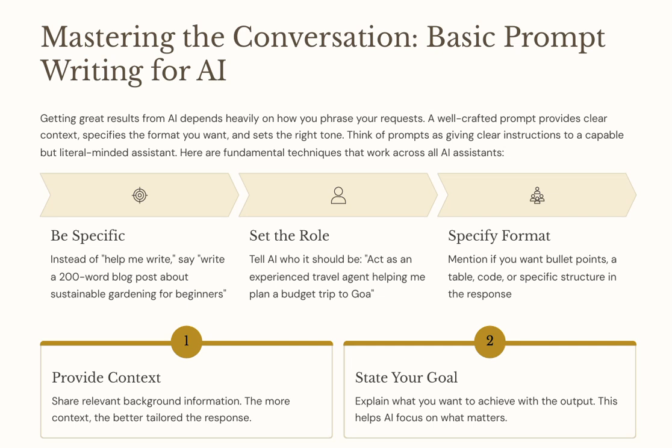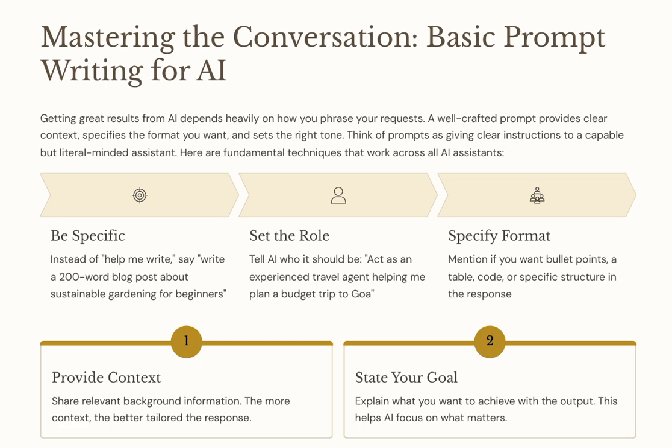Another point is to specify the format. The first thing is to be specific, but at last we have to focus on the formats. If you want a paragraph, explain that and say write a paragraph. If you want a table, code, or a specific structure in the responses, then explain it to artificial intelligence.